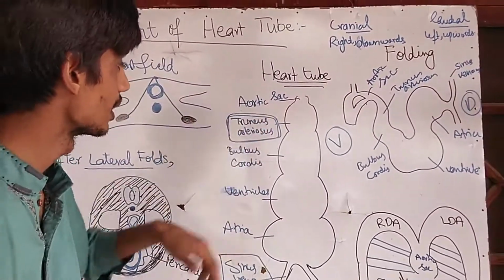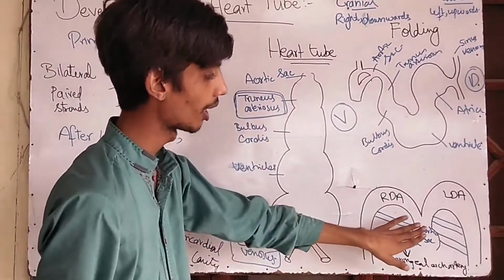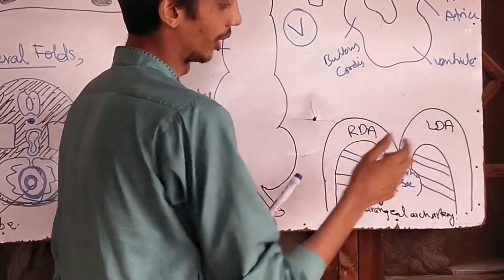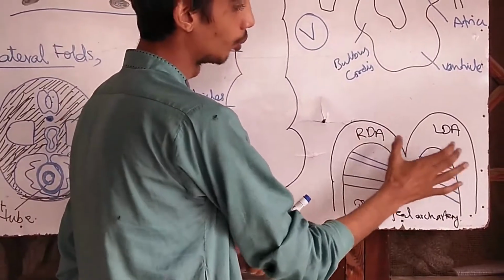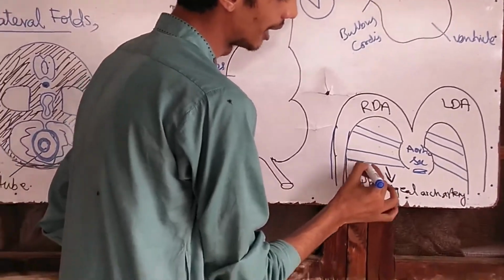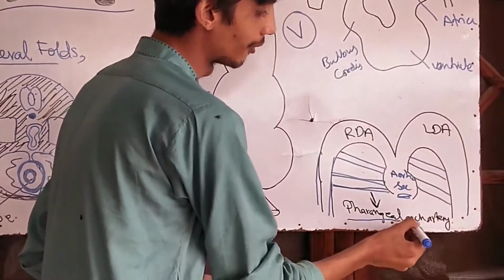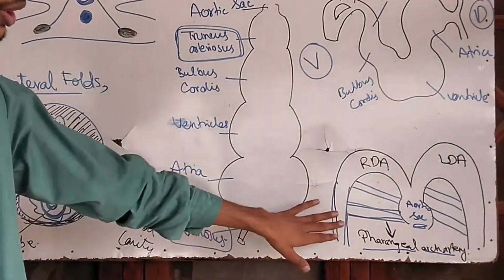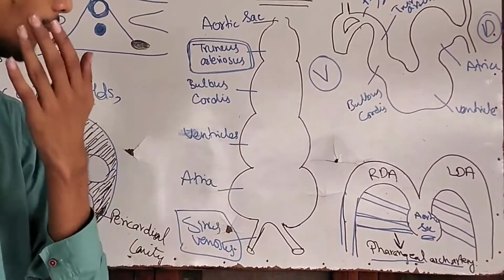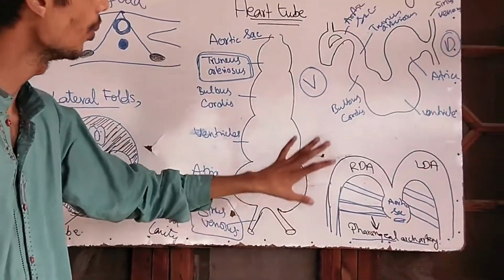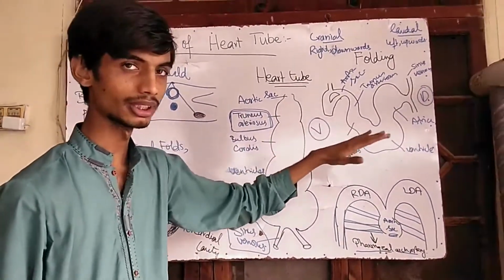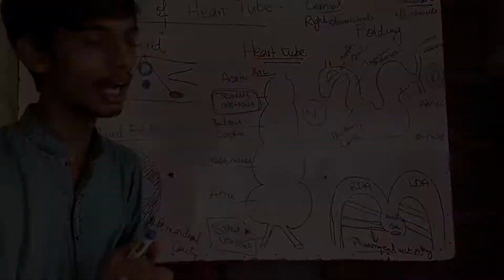And the aortic sac is that part from where the aorta will arise. You know, in the primordial aorta there are two parts, right dorsal aorta and left dorsal aorta. The aortic sac is that part from where these both will arise. Now the aortic sac and the dorsal aorta are connected with each other with the help of specialized arteries known as pharyngeal arch arteries. In total there are 6 pharyngeal arch arteries. The fifth one regresses, and the remaining 5 will give out some of the structures which we will discuss later. Now this is the complete heart tube, its folding and the parts. Now one by one we will be discussing, and first we will begin with the development of atria.